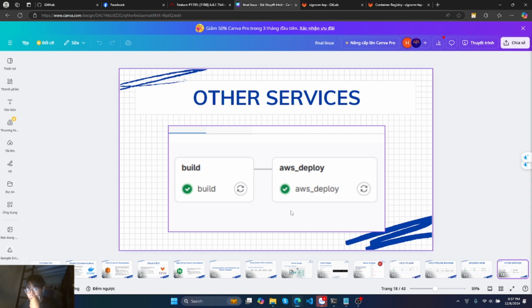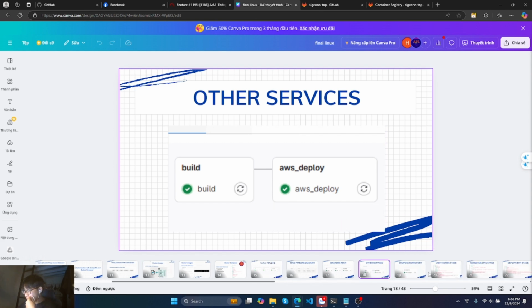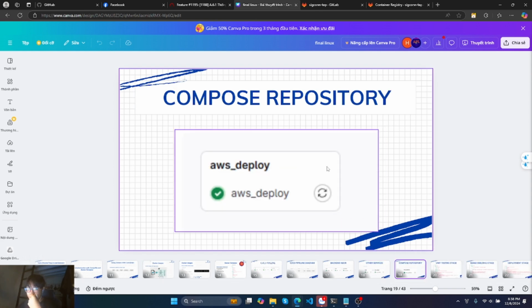And in our compose repository, it is just for deployment by Docker Compose, and Huyền Trang explains this part. The pipeline has only one deployment stage, because in this repository we just need the Docker Compose file, and we don't need to build any new image. We just implement the deployment stage